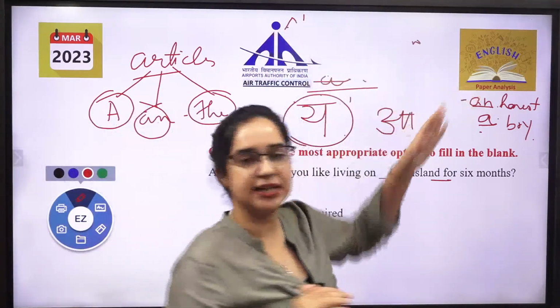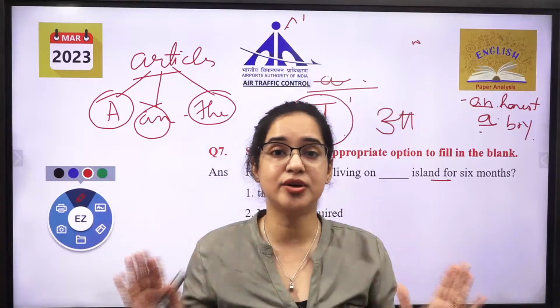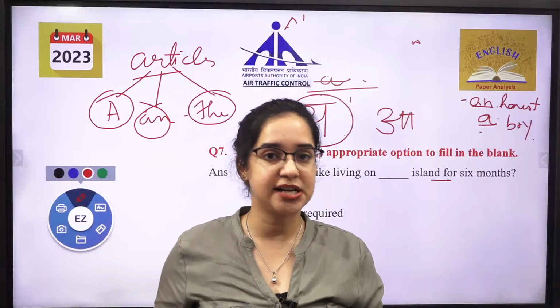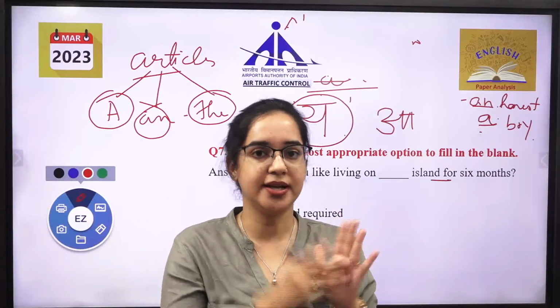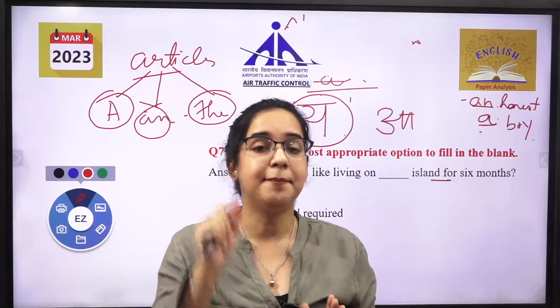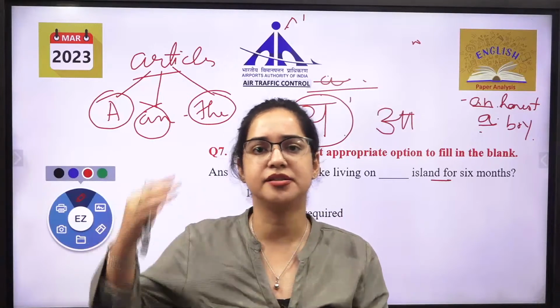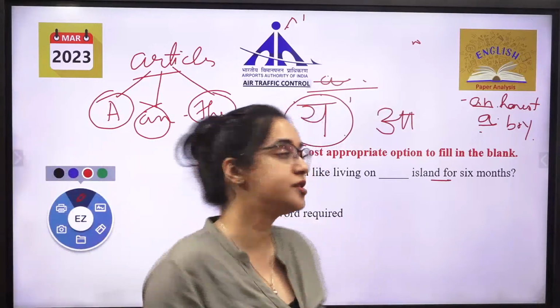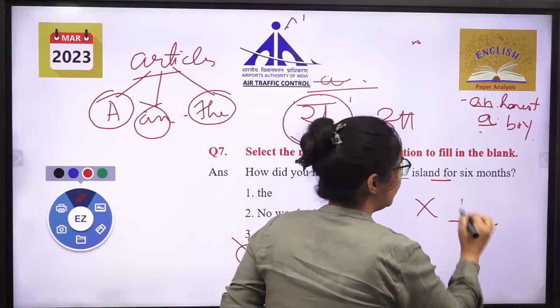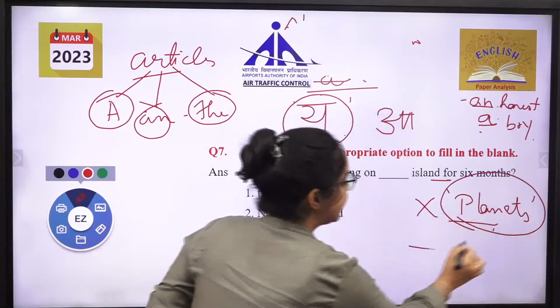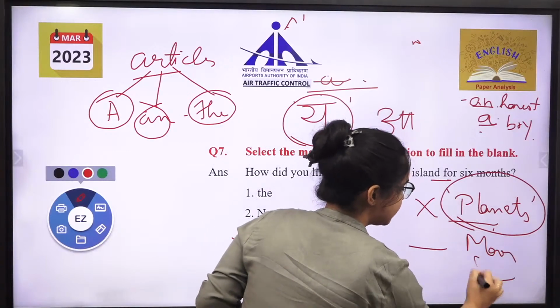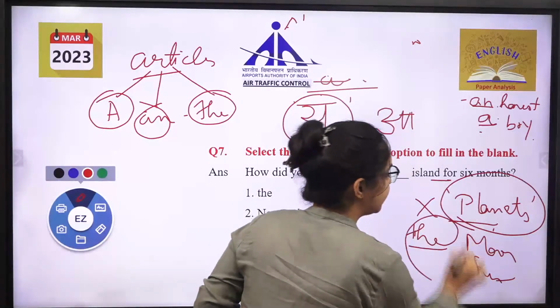Similar way, moon के साथ, sun के साथ, ये सारों के साथ द होता है. लेकिन अगर planets आ जाते हैं, planets या number, ओके, whenever I told you, कुछ चीज particular है, द लगेगा. लेकिन planets क्या है? Earth, Mars, Venus, there are number of planets. We will use no article before planets. इनके साथ कोई भी आर्टिकल नहीं लगता है, लेकिन मून के साथ, सन के साथ, इनके साथ दी लगेगा.